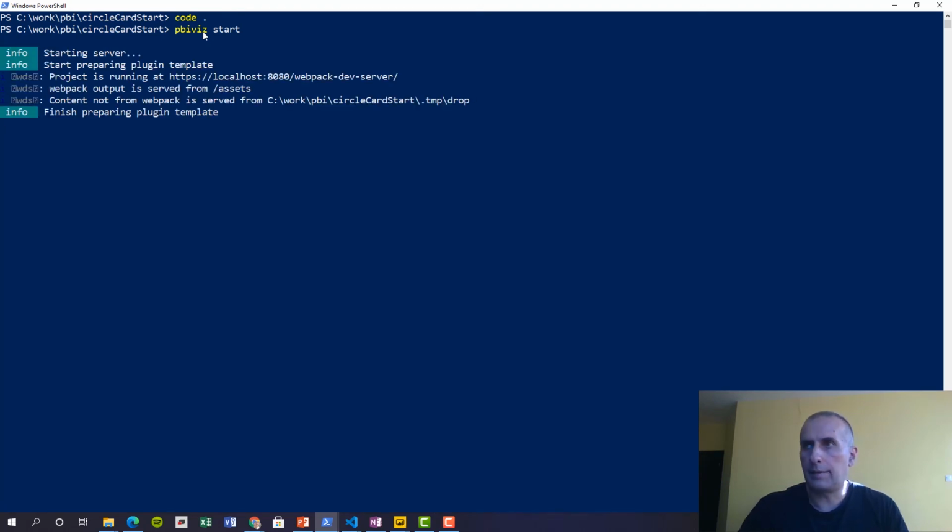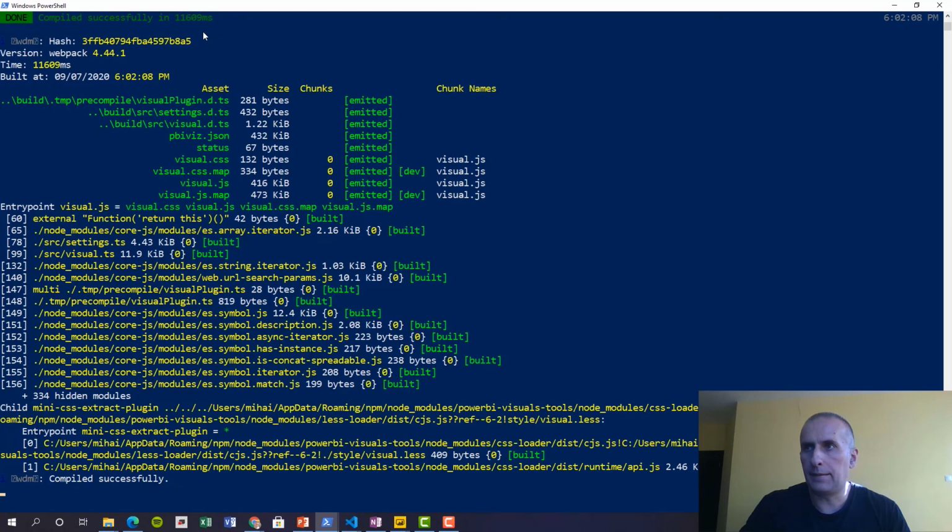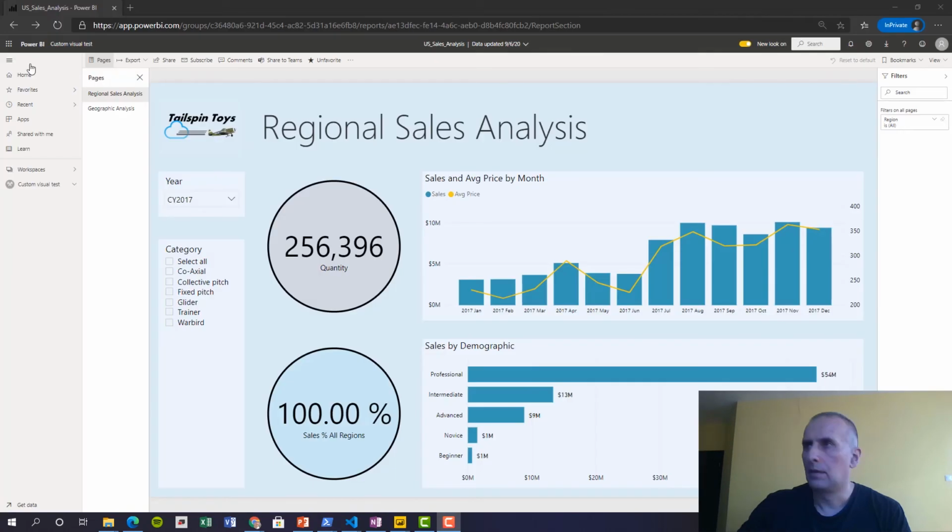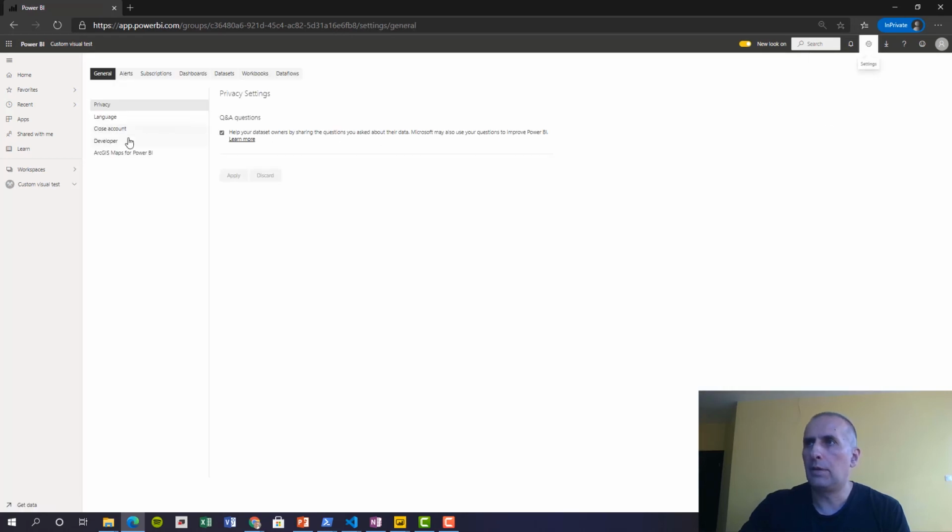It will take several seconds till your component is available for dev testing. I have already created a sample project which is uploaded into powerbi.com. What first we need to do? We need to go to settings, and after that we need to go to developer option, enable custom visual debugging,